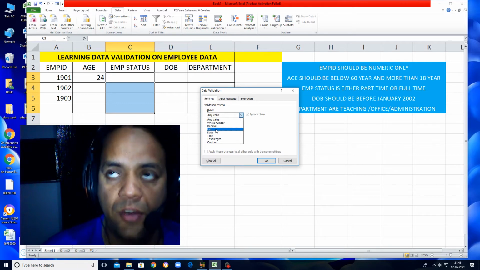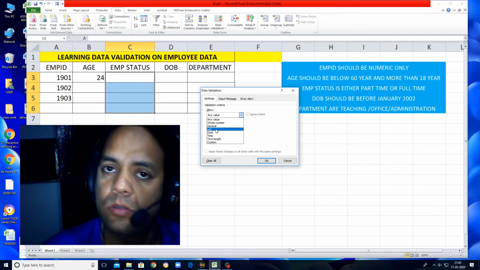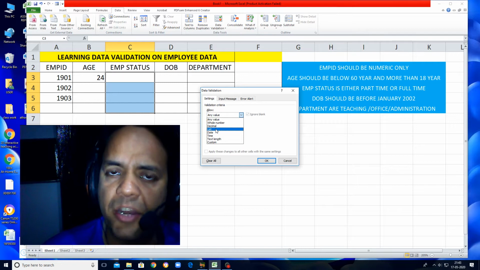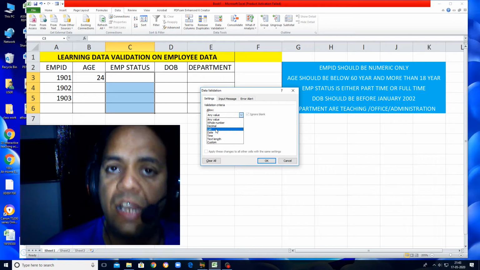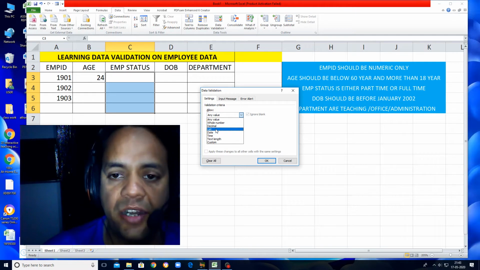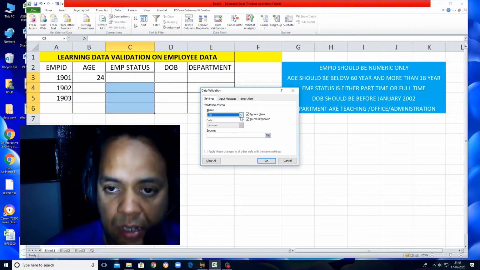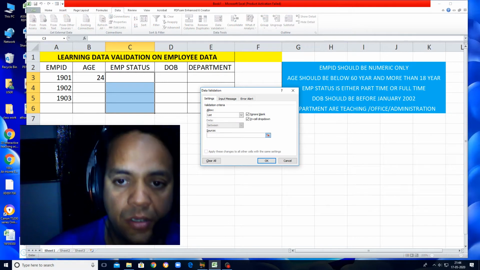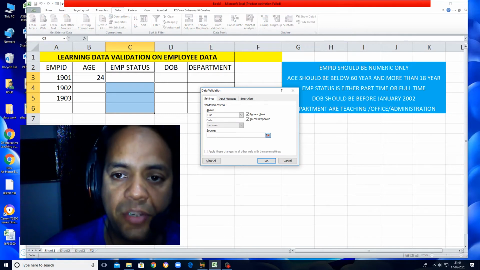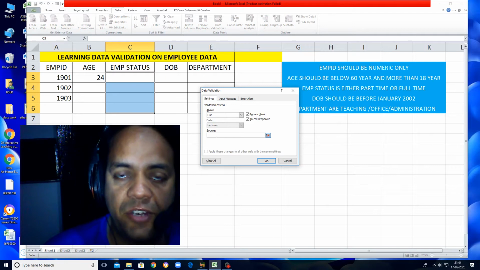For example, subjects. In a school we have some predefined subjects, so you can put them as a list. When we have to choose some option from a list of values, then we use list validation. So list, and what are the values? Values of the list we type in the source.